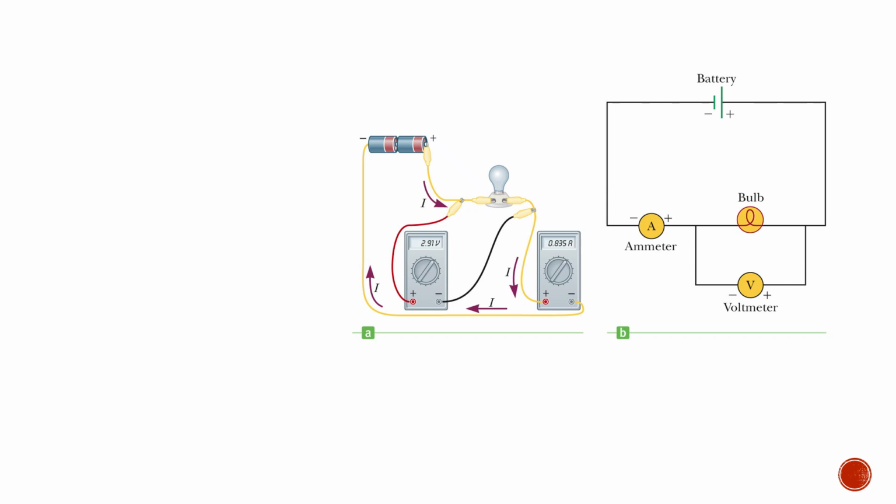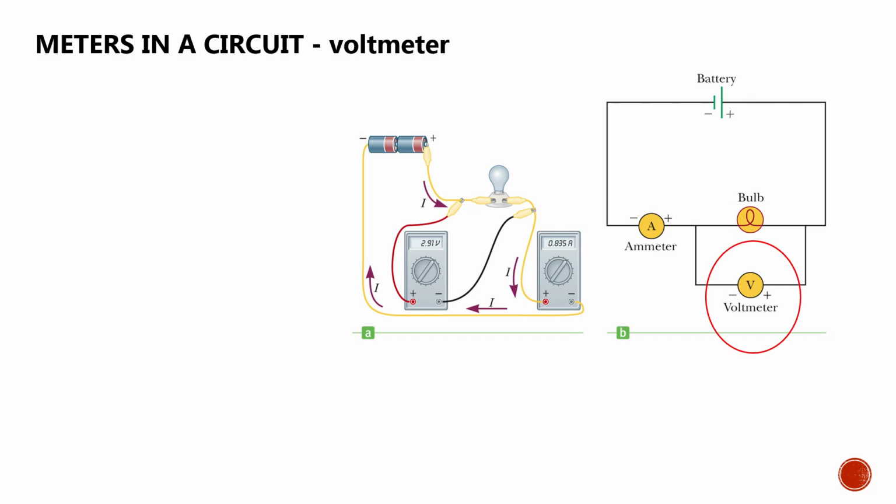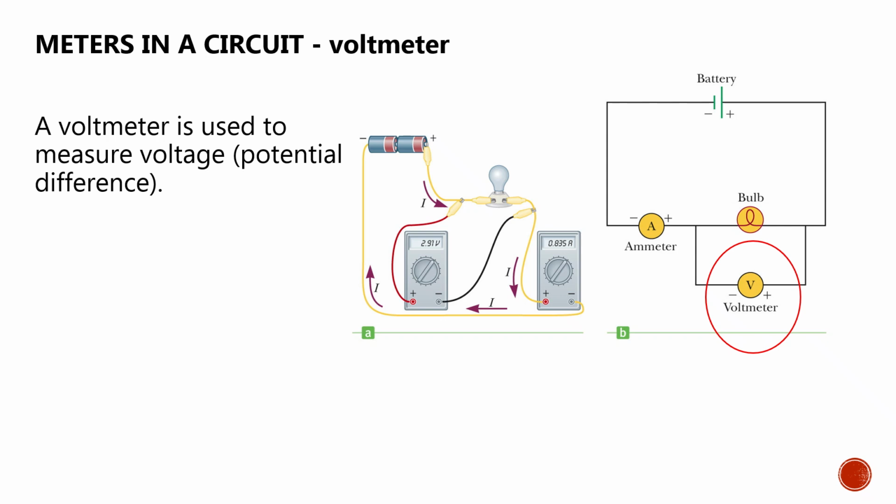The other meter is the voltmeter. It measures the potential difference, or the voltage, of the component in a circuit. The voltmeter should be attached in parallel to the component, which is how we read the voltage. The circuit must be running so that you can get a reading in the voltmeter. If there's no charge flowing in the circuit, then you won't get a reading in your voltmeter.